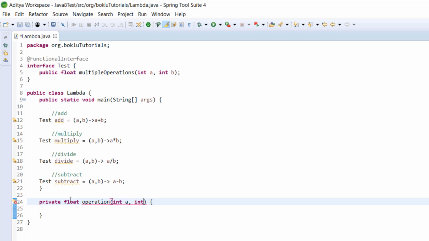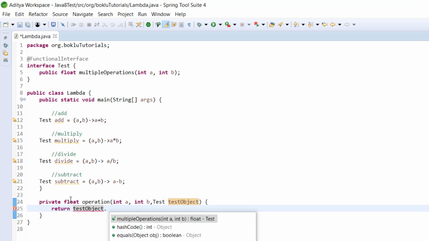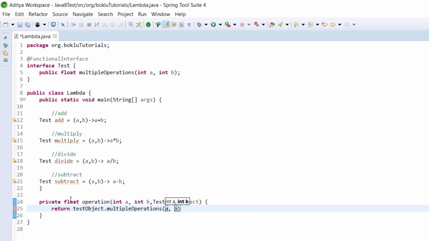Arguments, let's say int a, int b. Let's say the interface name is test, and we are going to return test object dot multipleOperation a and b.